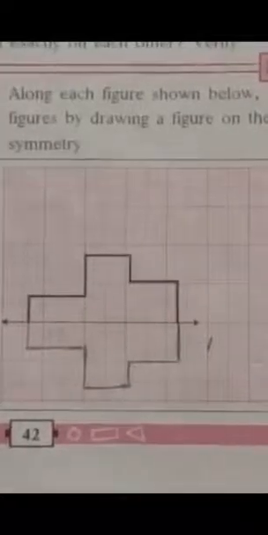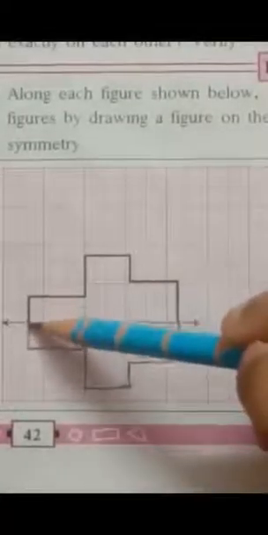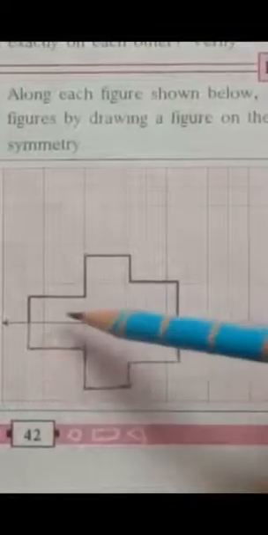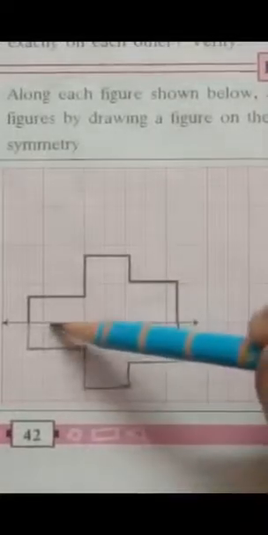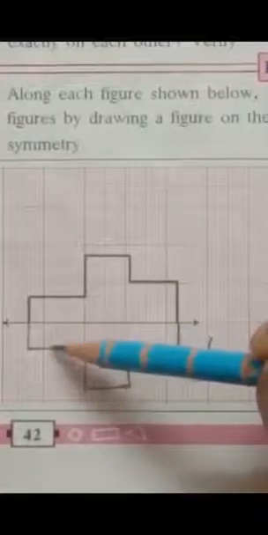Okay, now children, just look at figure 1. Here I have done the construction. I'll show you how to do it. Below this line you will draw a line, but how far to extend? If you count, it is 6.5 lines, so you count down 6.5 lines and draw a line till here.